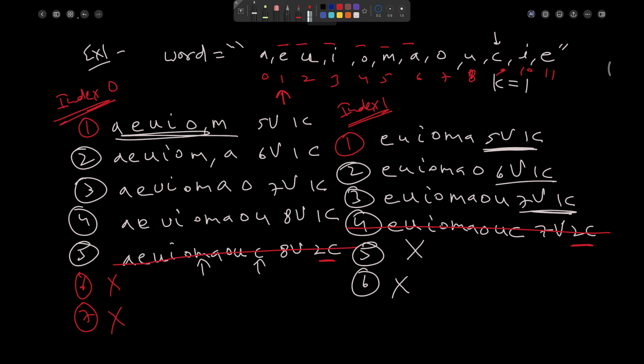Now we move to our index 2 here and again check just like before. Now we try to make 5 vowels and 1 consonant combination again. So we try with U, I, O, M, A, right? So now we see that we cannot make any combination with 5 vowels because our last vowel is here